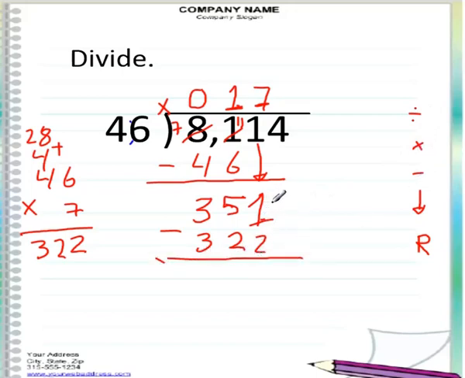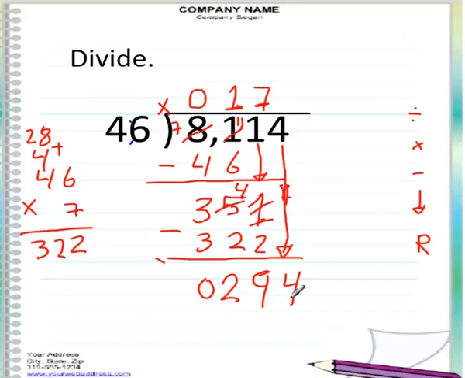1 minus 2 I can't subtract, so I will regroup. The 5 will be 4 and the 1 will be 11. 11 minus 2 equals 9. 4 minus 2 equals 2. 3 minus 3 equals 0. I have now 29. After I subtract it, I will bring down. So this is the last digit in the dividend. So I will put 4. Now the new number is